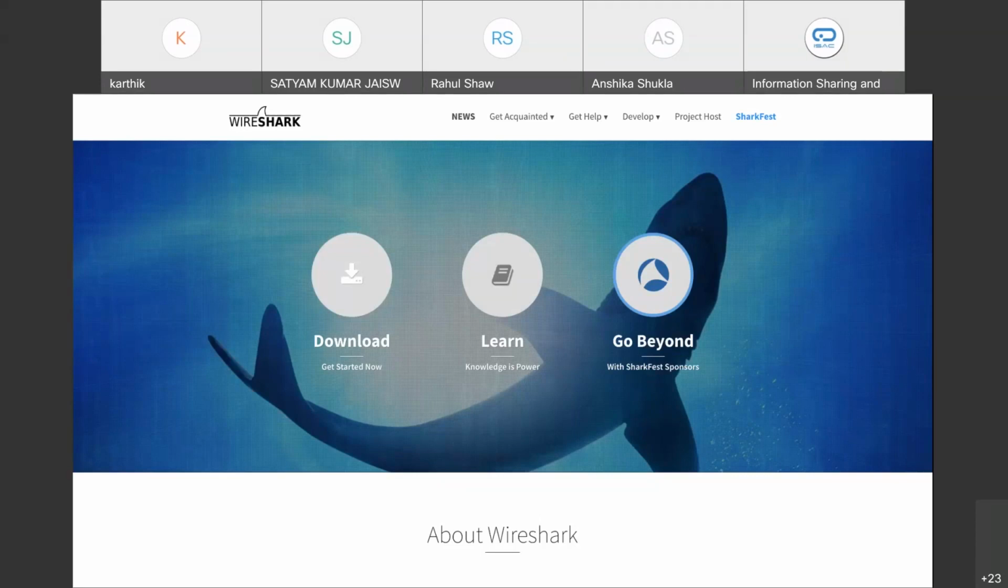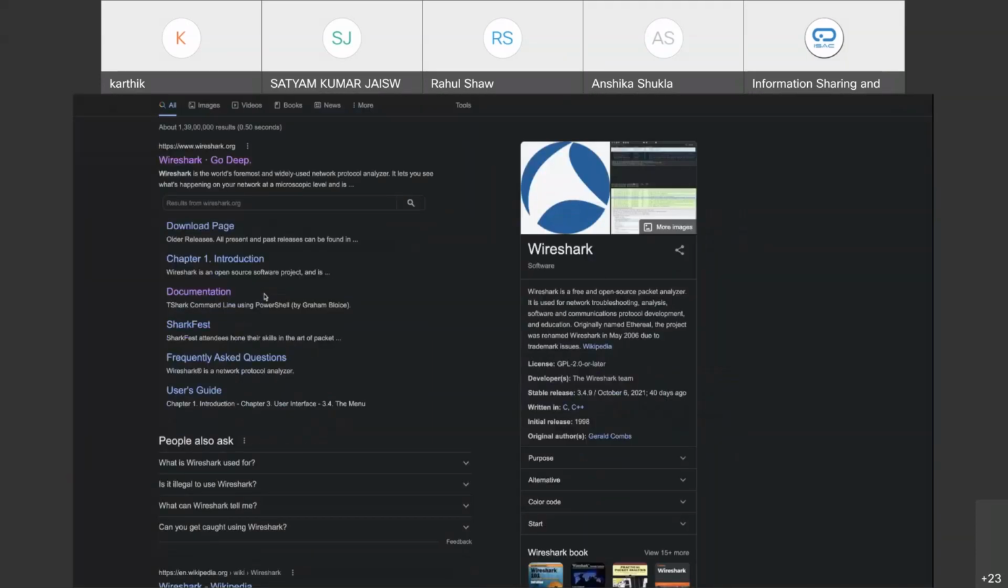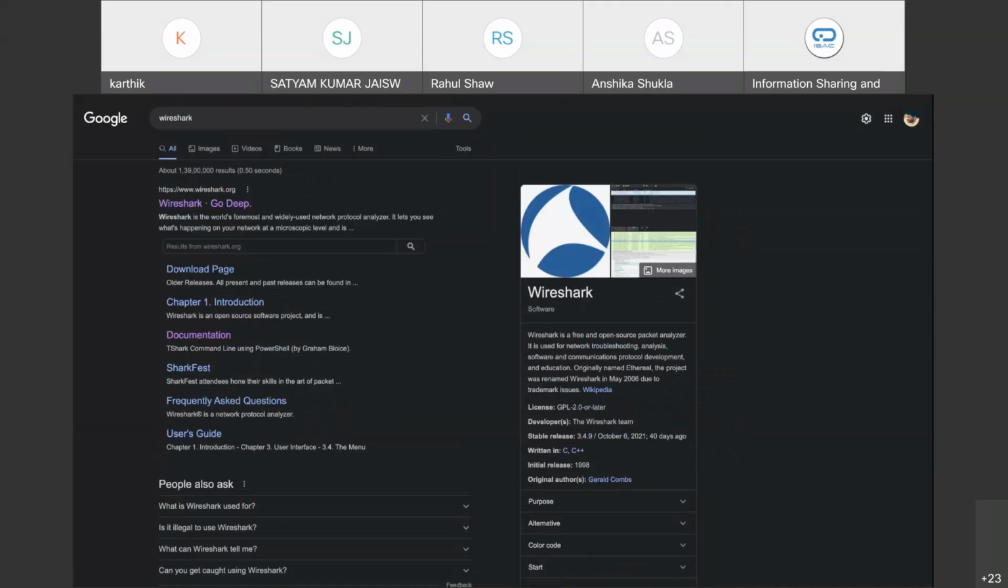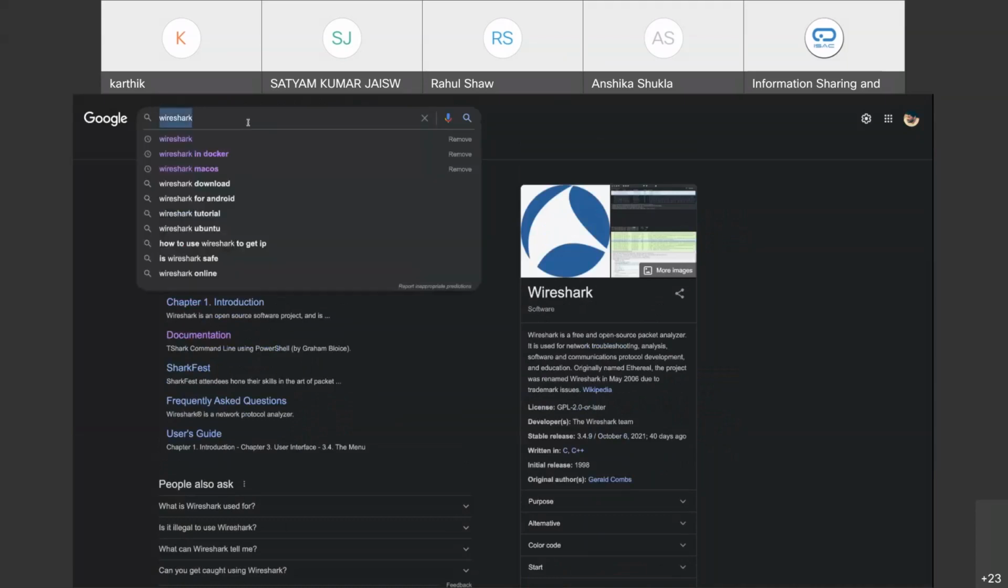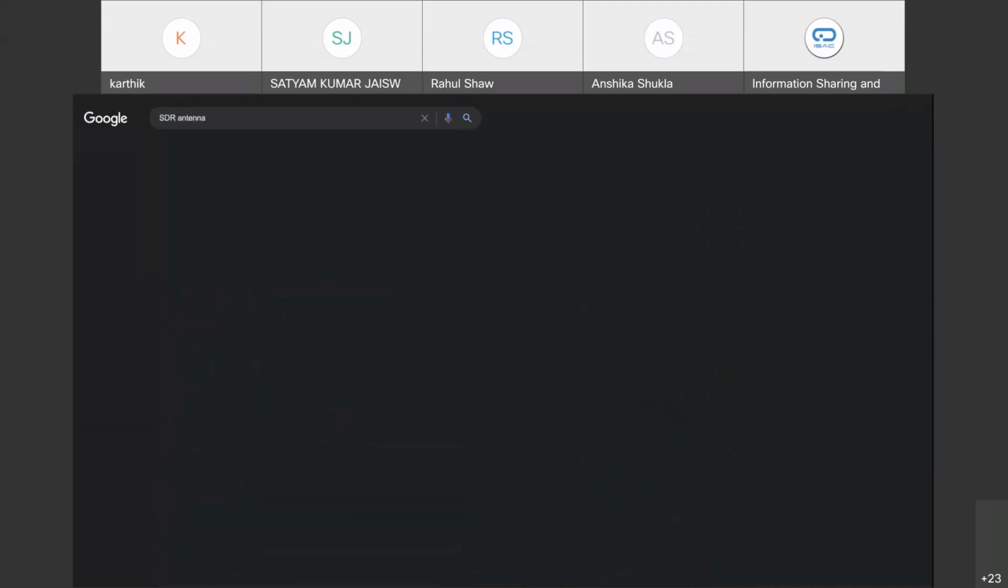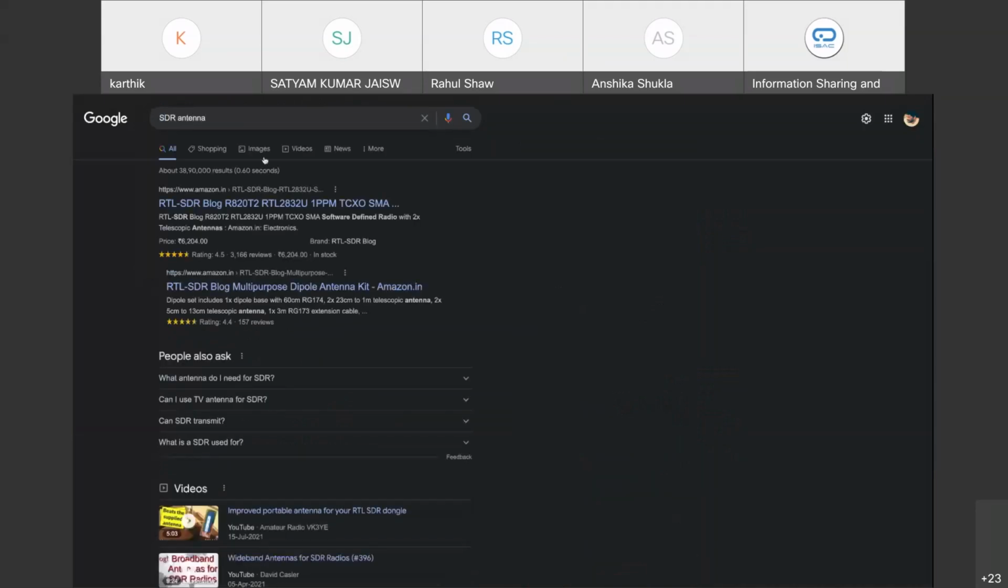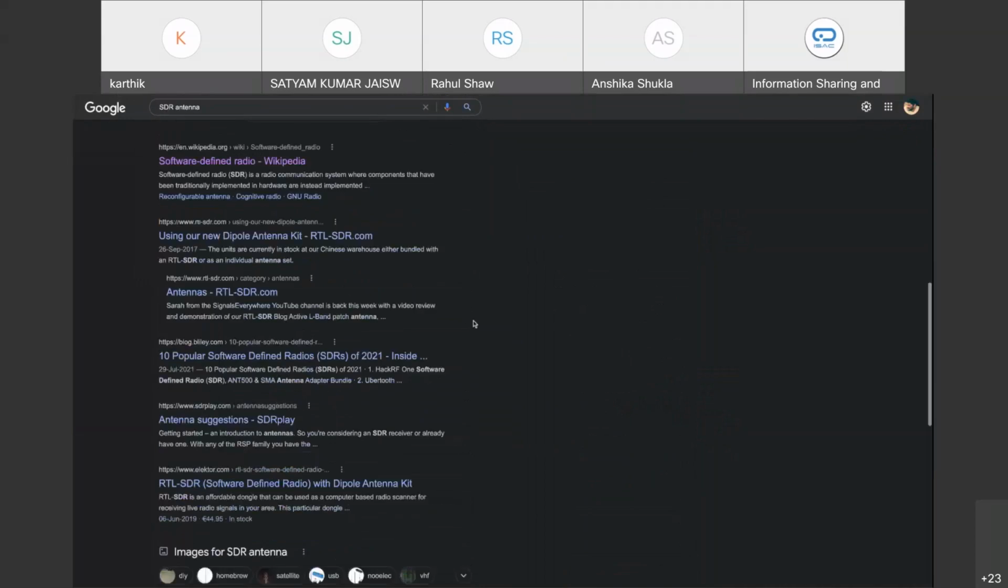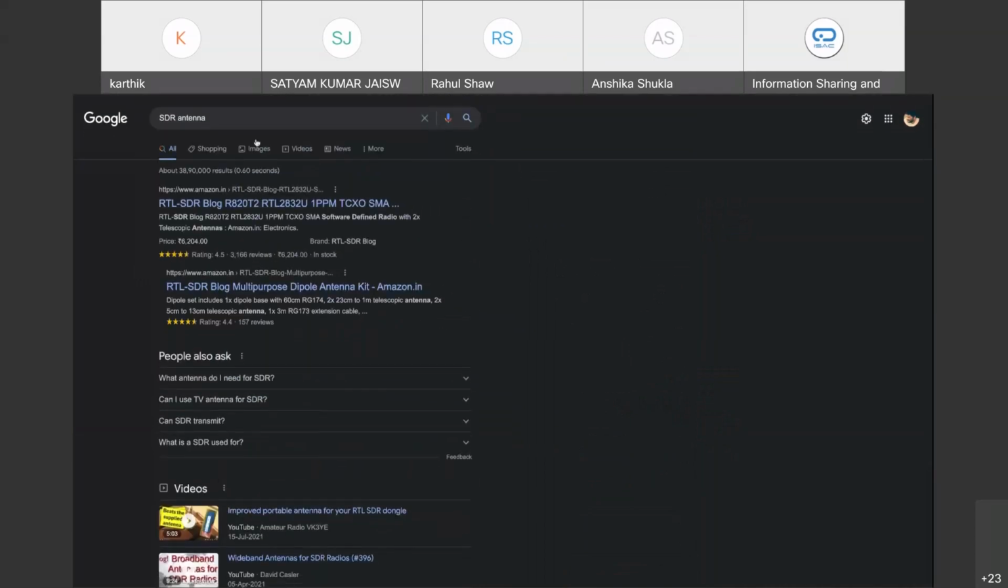So that's the introduction to SDR, software defined radio, and how you can use it. Some of the common principles that you should know about SDR is about antennas. Depending on what kind of frequencies you are using, it may be required that